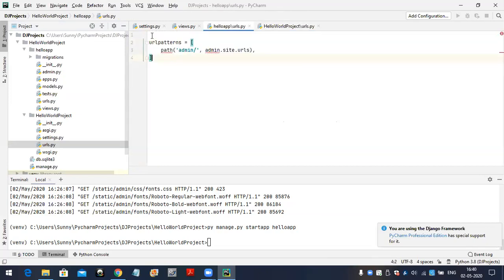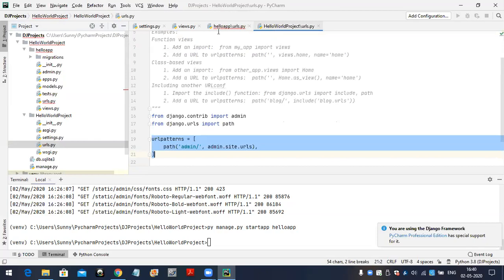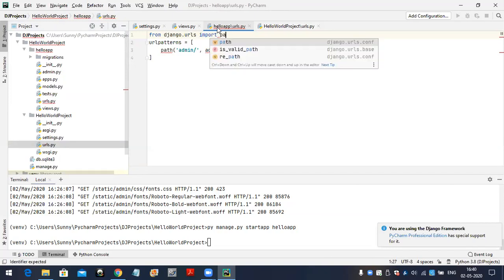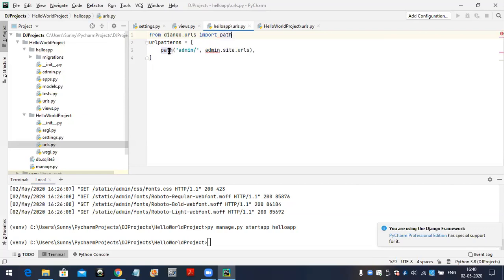Here we have to import path. From where is path available? Inside URLs: from django.urls import path. Now I don't want this admin, because admin is always located in the project level urls.py file.